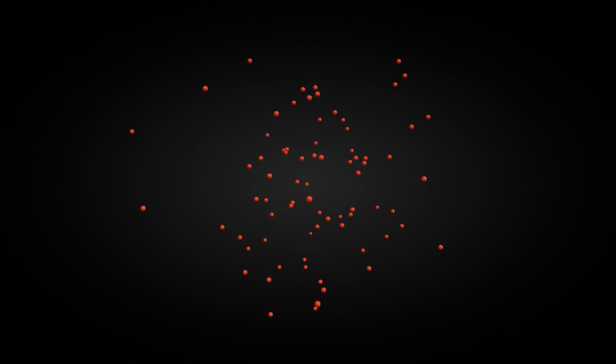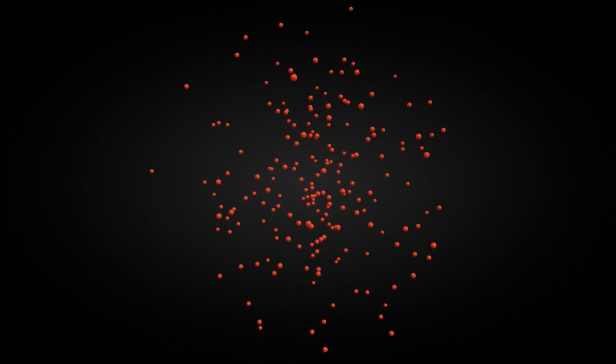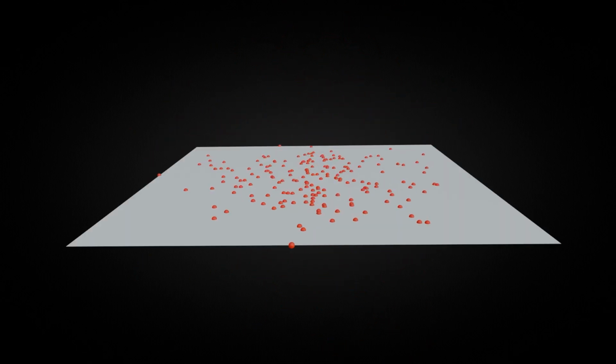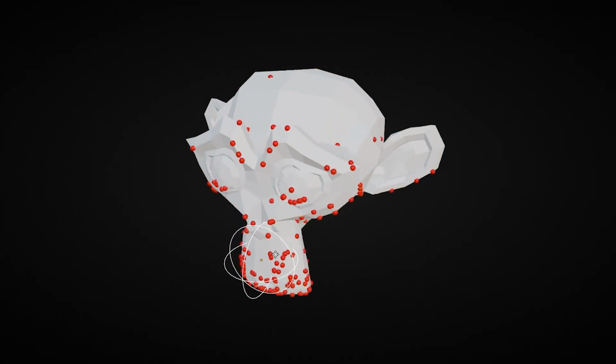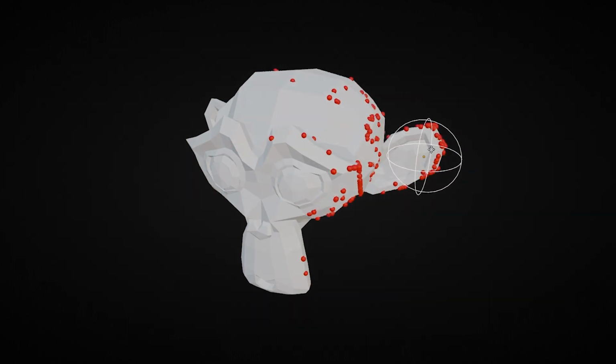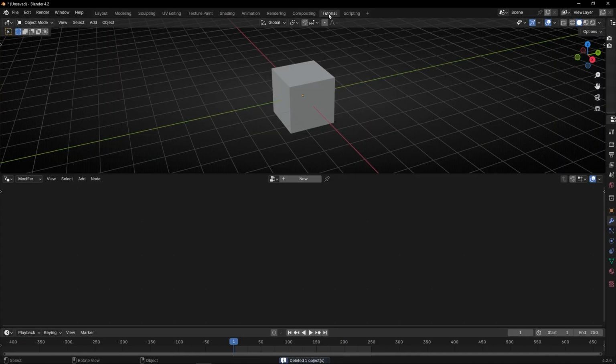Today I'm going to show you in Blender Geometry Nodes how to create points, how to animate these points randomly, how to stick them to any object, and how to move the points around the object surface. So let's do it. Okay, first of all, let's go to Geometry Nodes, create a new profile, delete this, and